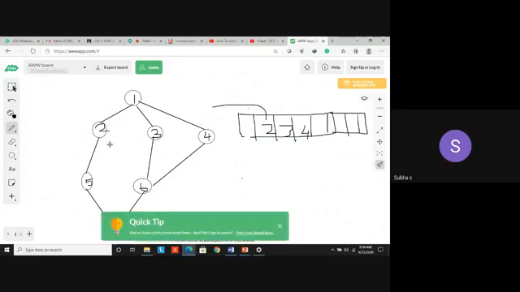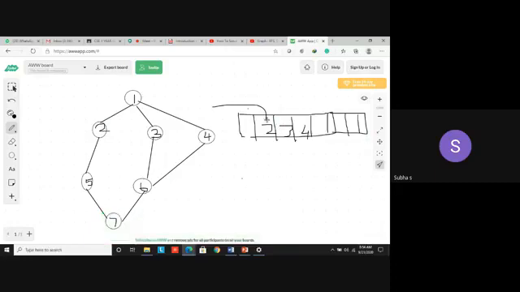Yes. So what is the adjacent node for 2? Only one node, 5 is there. So remove 2. Where do you have to place 5? Only at the end. Okay. Because we can add the elements at the rear end only. Don't put 5 here. It won't follow the queue concept. Okay. You are going to delete the elements from the front end. You are going to insert the elements at the rear end. Yes. So I have removed 2 and I placed 5.